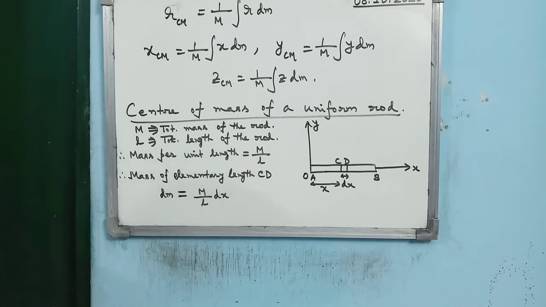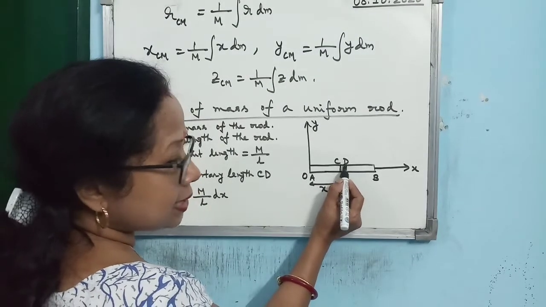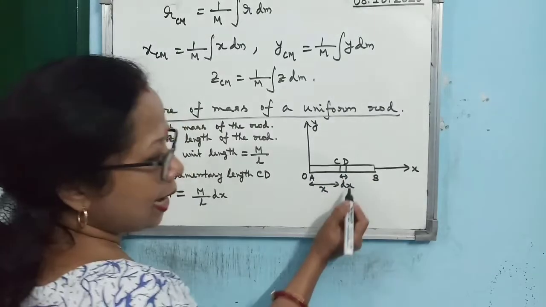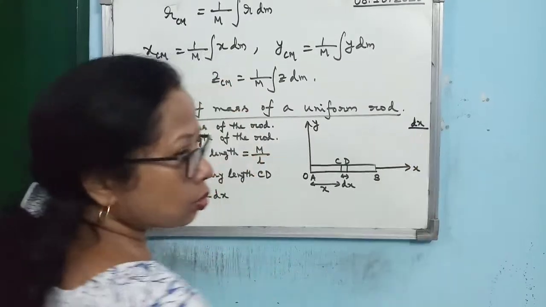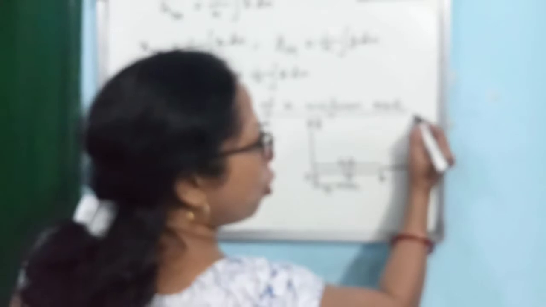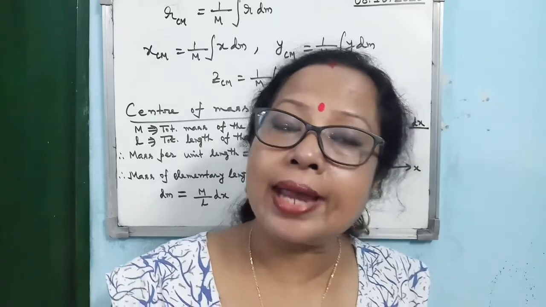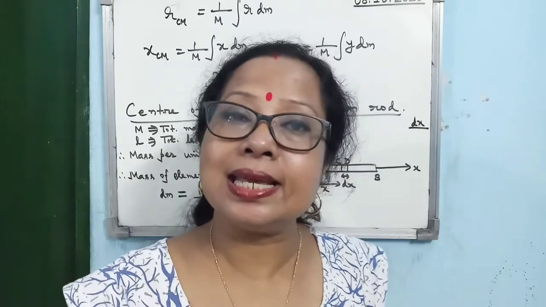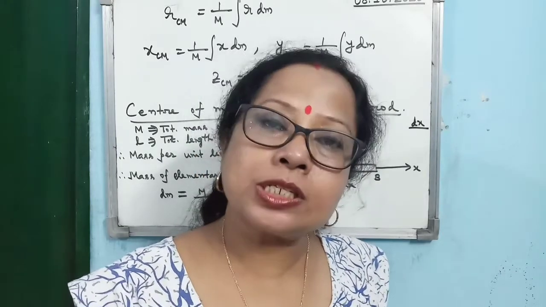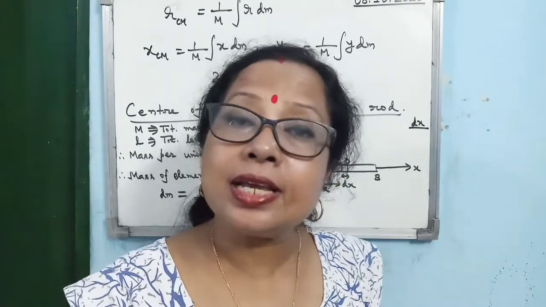Is that clear? Now, if you want to find out the position of the center of mass, you see, we have taken a very small length CD. CD we denote by dx. In calculus, whenever we write dx it does not mean d into x. Dx means a small length dx. Anything which is infinitesimally small, we denote by the term dx, dl. Dm, m stands for mass, so when I write small d, small m, what does it mean? It is a very small mass.